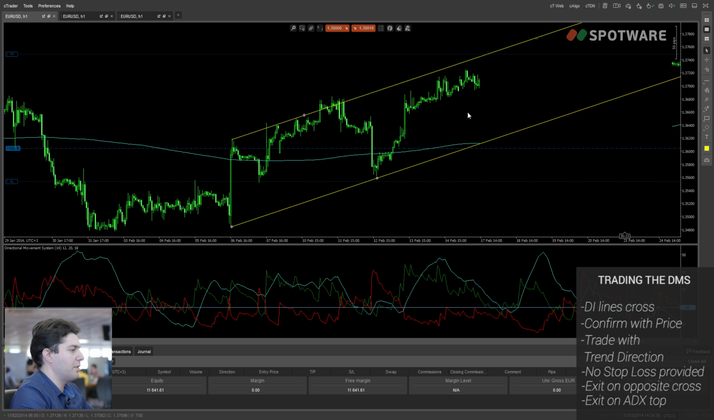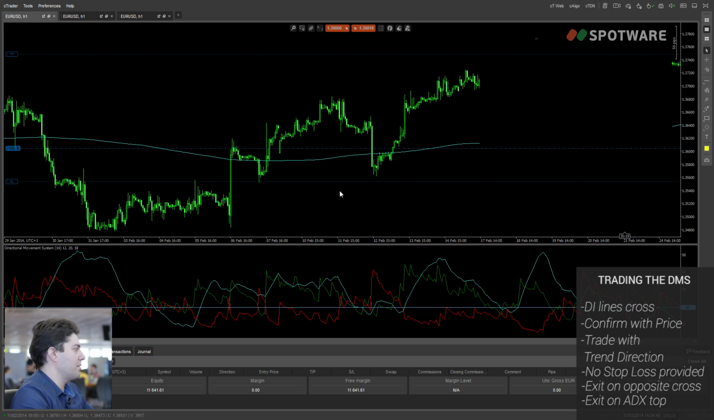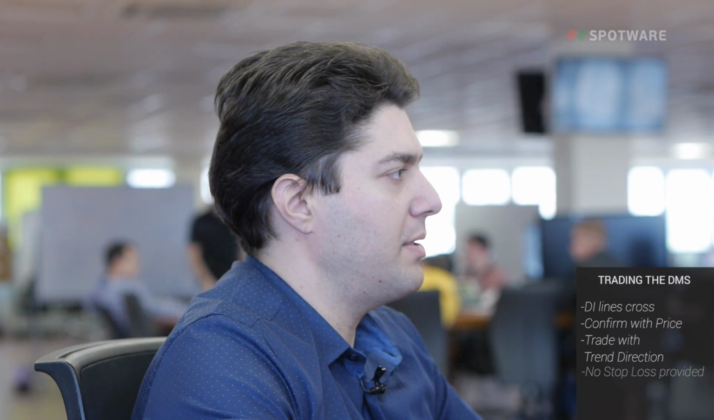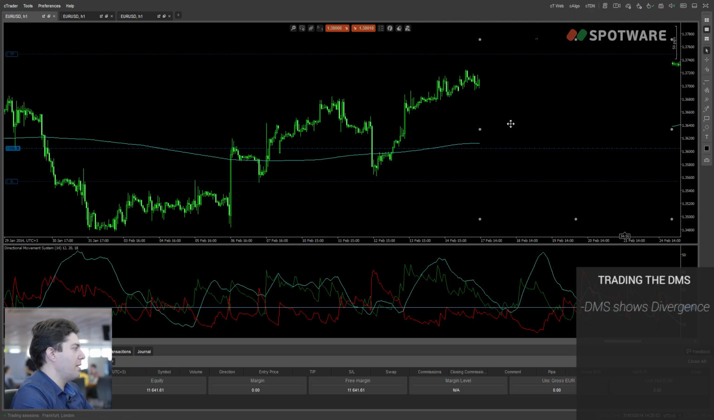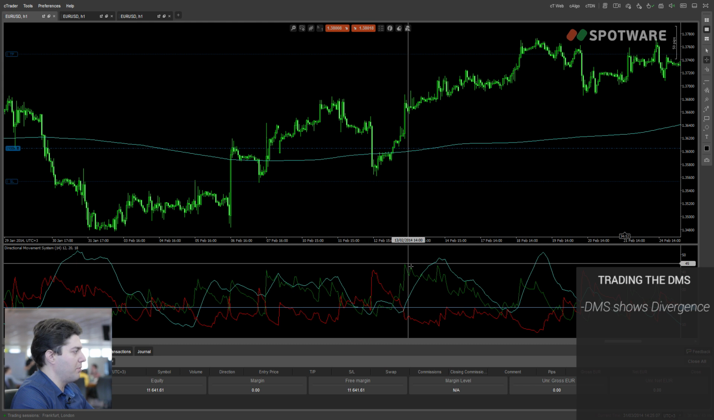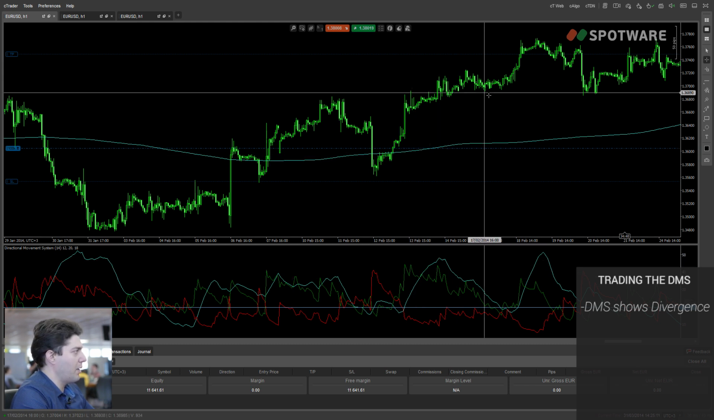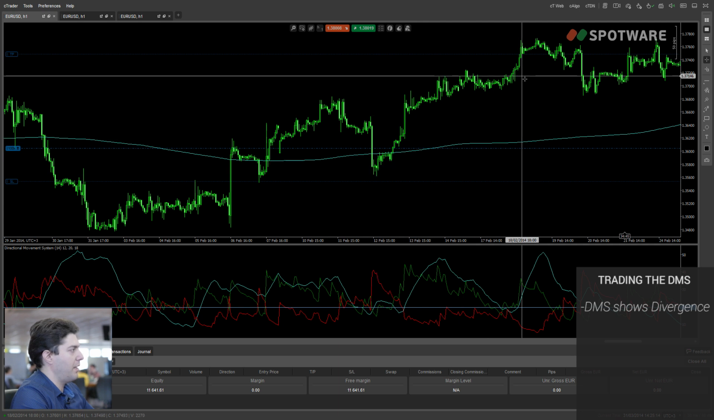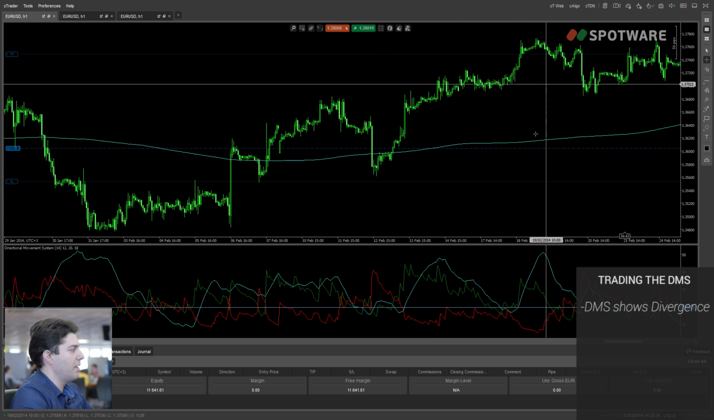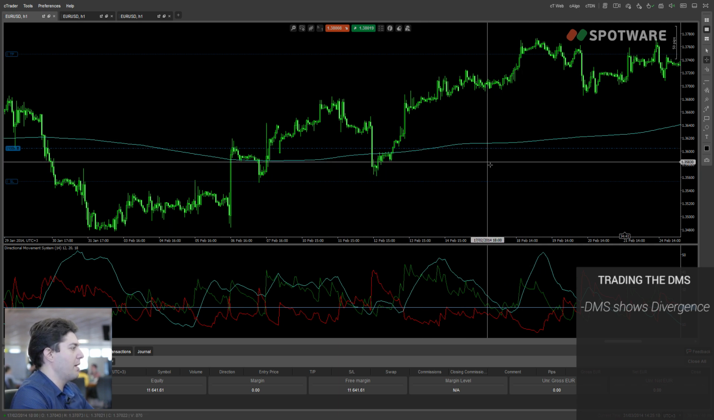And exit when it reaches the channel, or you can go to a higher time frame and look for a resistance. The last way we can exit, and one of the ways that this indicator is useful, is divergence. Divergence is something used when we try to find momentum of a trend. So what divergence means is that even though the price has a specific slope, the indicator is showing the opposite